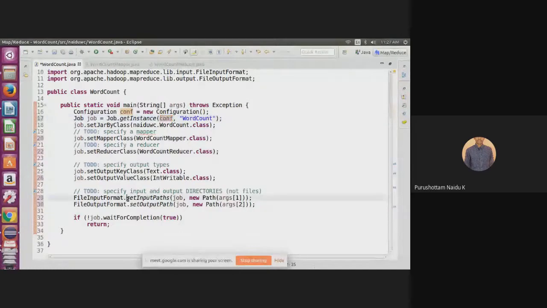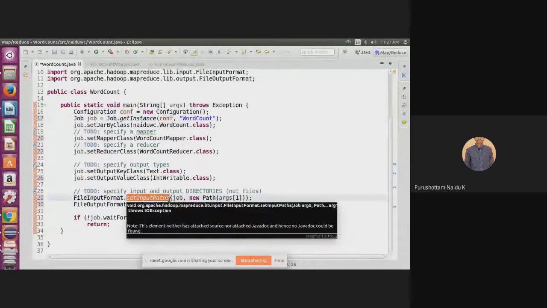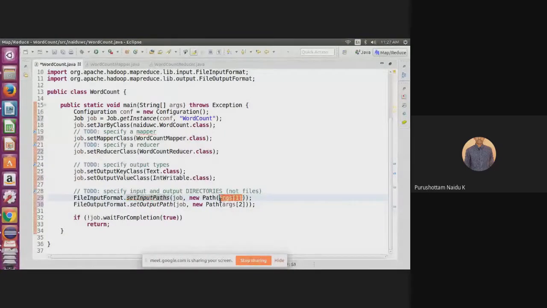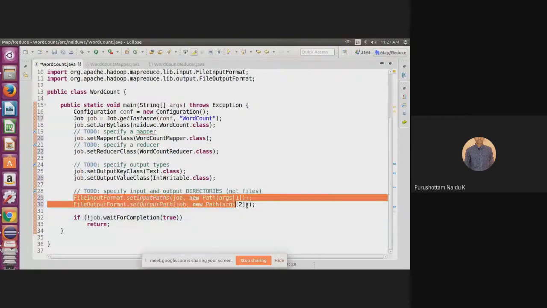The input path comes from the command line, args[1], and the output path is maintained from args[2]. These will be clearer when we run the program. So args[1] is our input path, args[2] our output path.